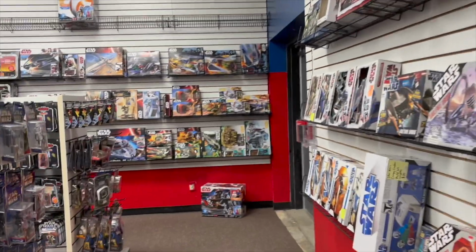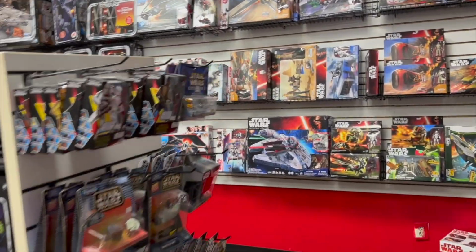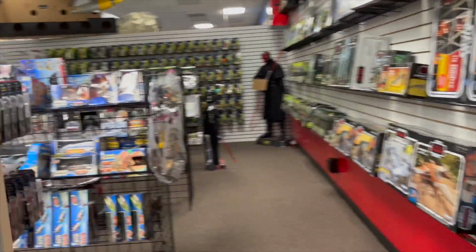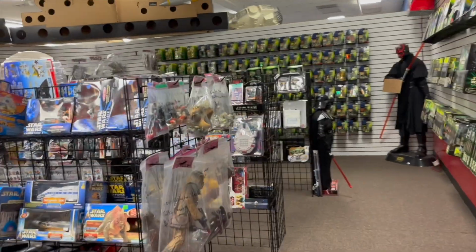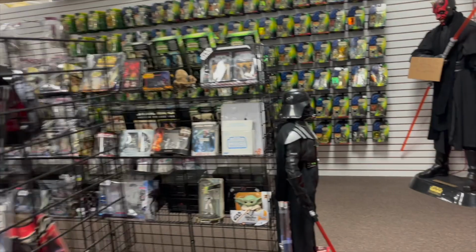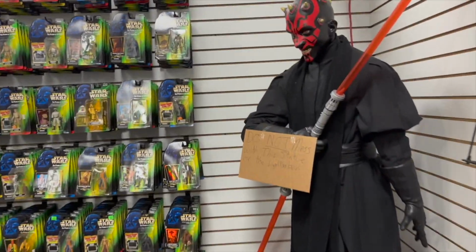So you can come to Florence to see Buc-ees. You can come to Florence to see the Magnolia Mall. Nice mall. There is a Tilt Studios in the Magnolia Mall. You can come and check out the Galactic Comics. And also, if you are heading towards the South Carolina-North Carolina state line, you can also visit south of the